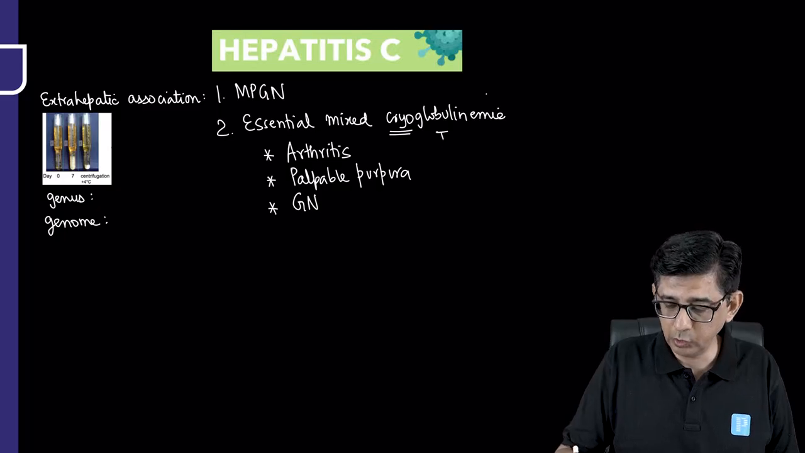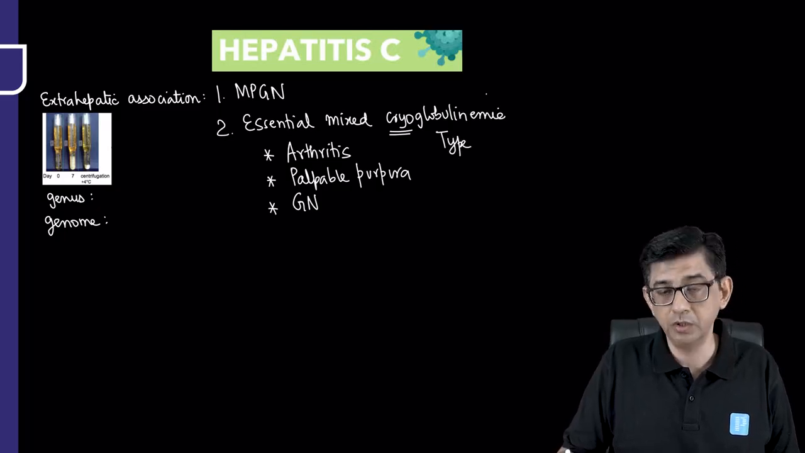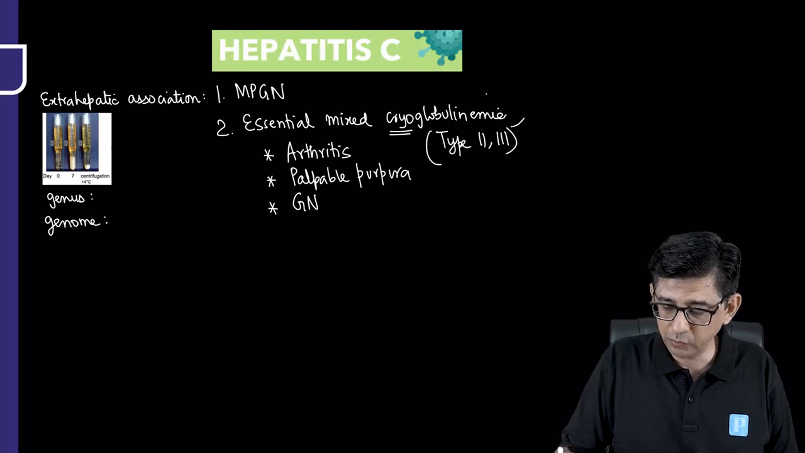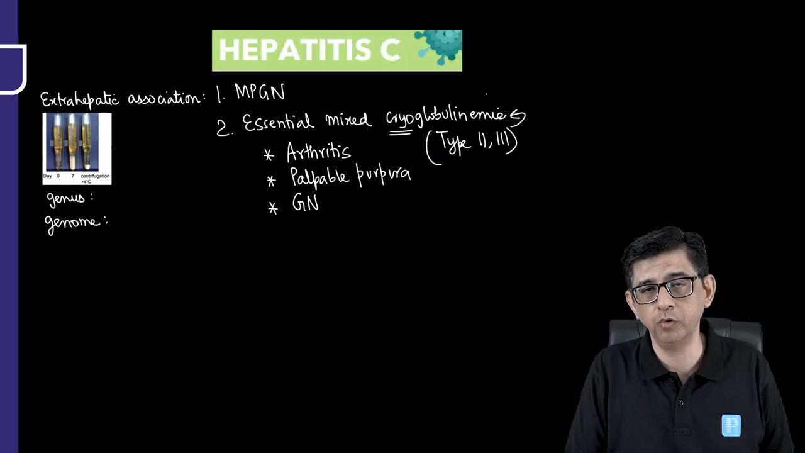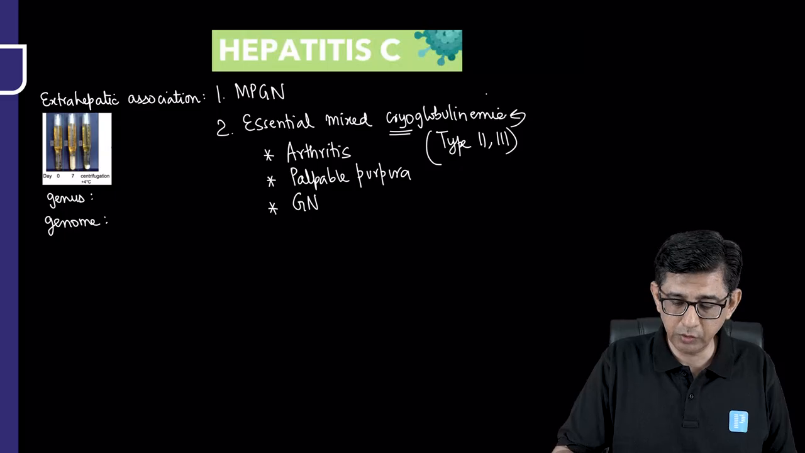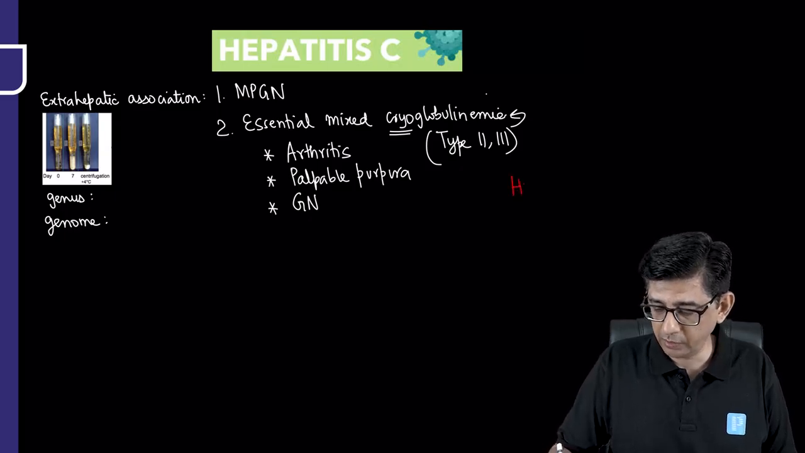And then the technical thing to be remembered is also that essential mixed cryoglobulinemia itself is of three varieties, out of which type 2 and type 3 are the ones which would be associated with hepatitis C and would be having this triad manifestation. Before we go forwards, I would also like to draw your attention towards again a rare